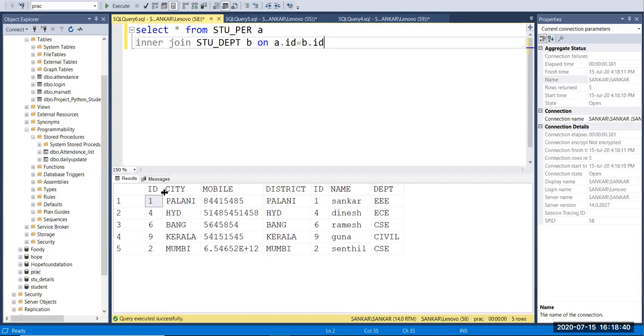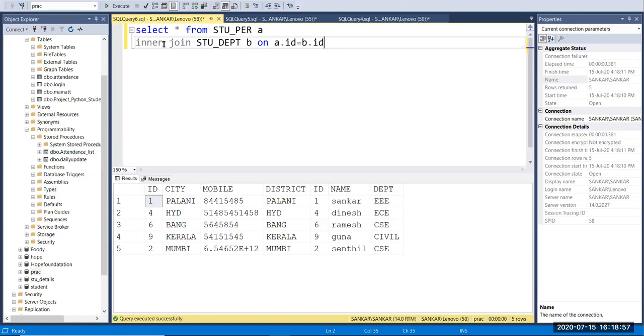You can see the first 4 columns are from stu_dept and the next 3 columns are from stu_per. The inner join prints only the matched, related records.